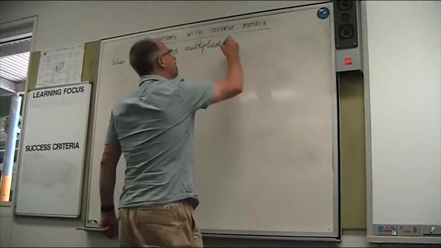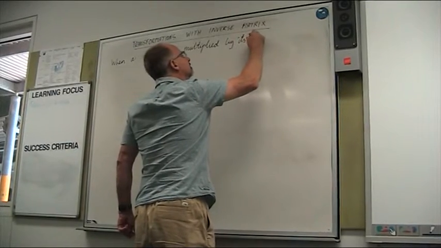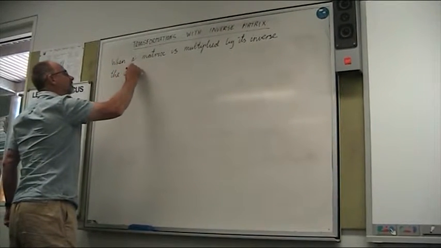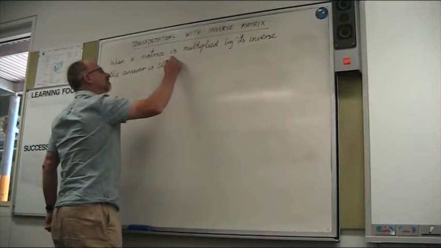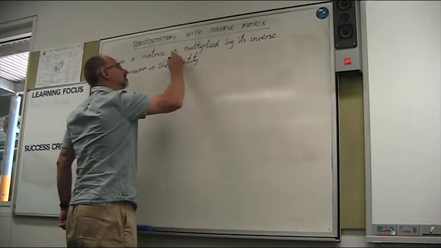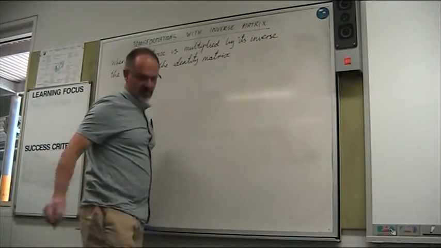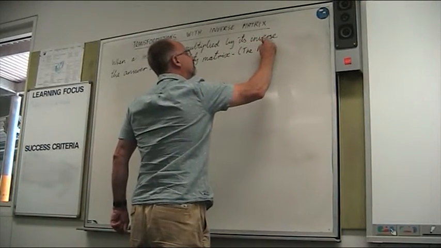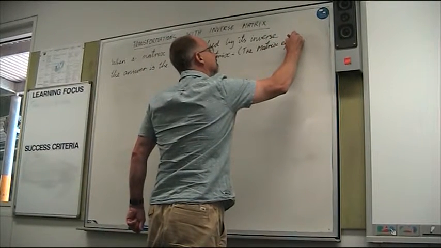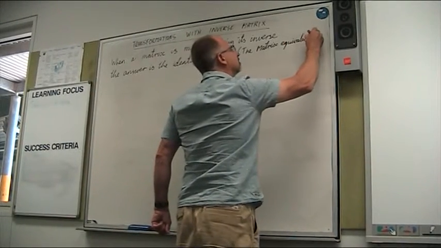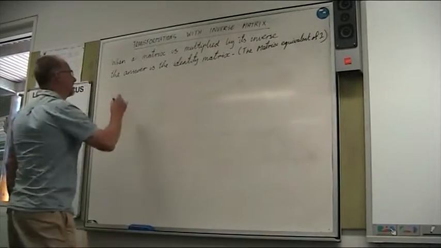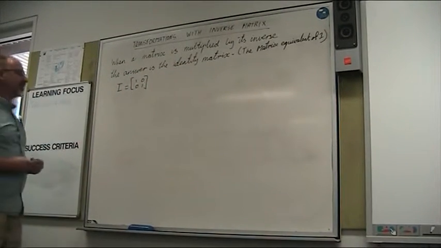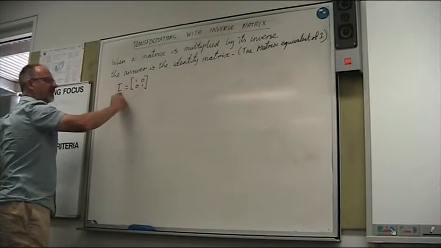So when a matrix is multiplied by its inverse, then what you get is the identity matrix. Alright, the identity matrix, if you like to think about it as the matrix equivalent, is just the kind of 1, 0. The identity matrix we use I, so the 2 by 2 one is that, because whenever you multiply a 2 by 2 matrix by this,